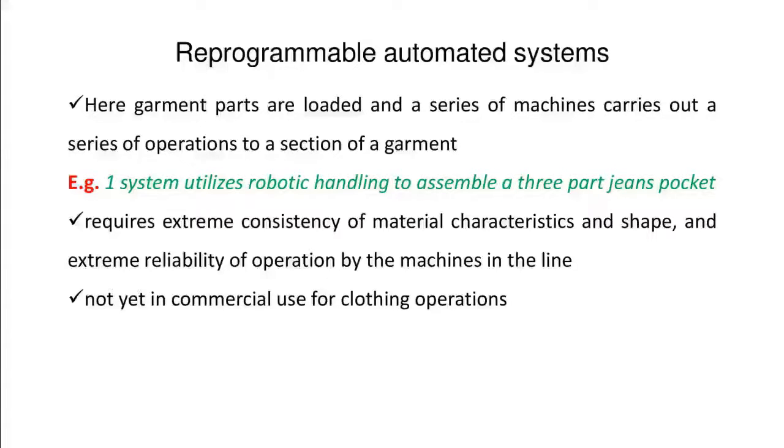So it might sound very fancy, and of course, it does make sense that everything is being computerized today, everything is being automated, machines are doing things. Even during times of COVID, Corona, even the manufacturers would want that most of the things can be done using machines, so that you don't have to pay salaries, you don't have to bother whether people are coming or not. You can simply operate the factory, at least half of the factory. So as these systems get automated, as these systems get computerized, it is bound to lead to a lot of job losses in the garment manufacturing industry. So that is one thought that I would like to leave you with.